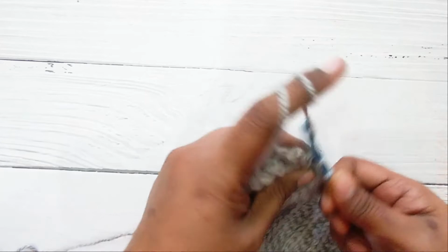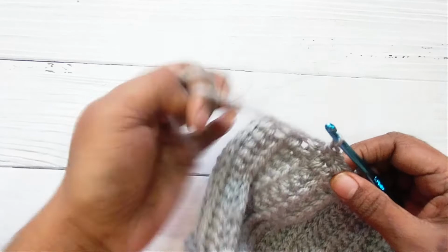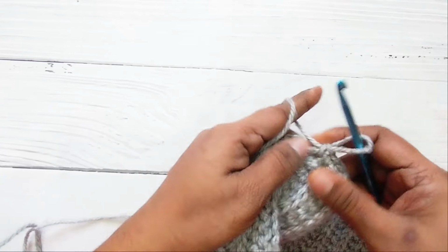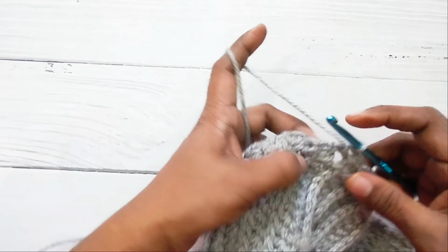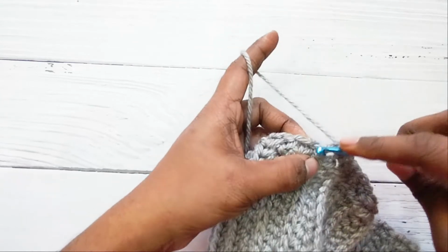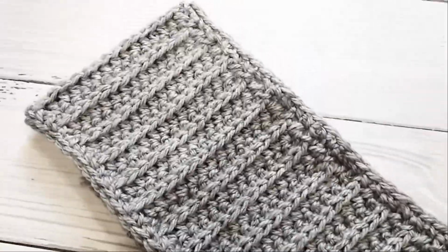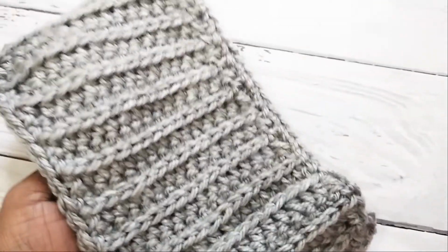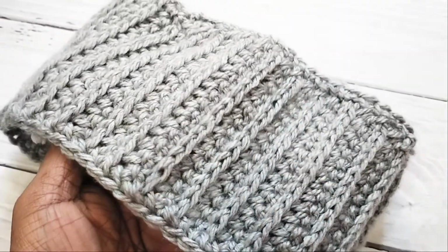Work on both the sides and then you can cut off the yarn and weave in all the loose ends of yarn. So here is your completed ear warmer to keep you nice, cozy and warm during these coming winter days. So as mentioned earlier, you can adjust the width as well as the length by increasing or decreasing the number